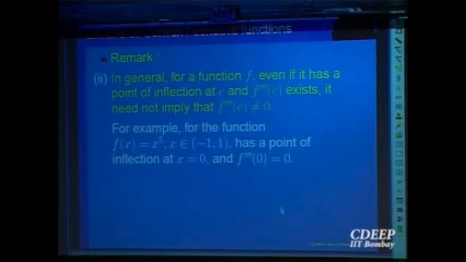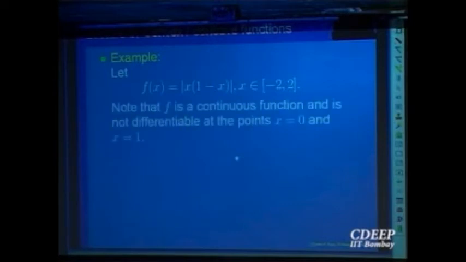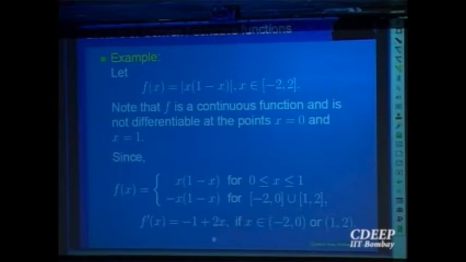Right. So let us finally, using all these things, try to do one computational example. So let's look at the function x into 1 minus x, with absolute value. We have already, I think, done part of it. It is not differentiable at the points 0 and 1 because of the absolute value. So if you simplify the function, it looks like x into 1 minus x, and on the other part where the expression inside the absolute value is positive or negative. So that is the first derivative in the portion minus 2 to 0 or 1 to 2.